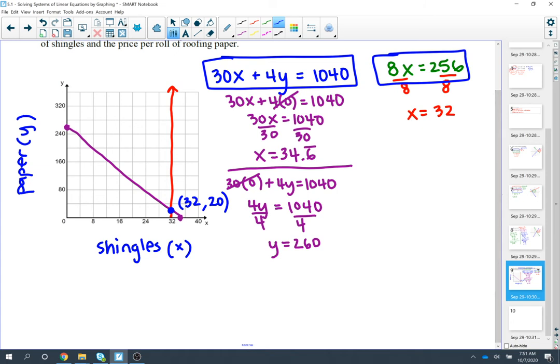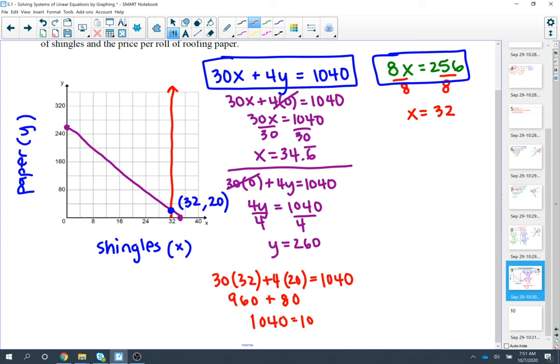In our first equation, I'm going to have 30 times 32 plus 4 times 20 equals 1,040. If I take 30 times 32, that's 960, plus 4 times 20 is 80. If I add those together, I get